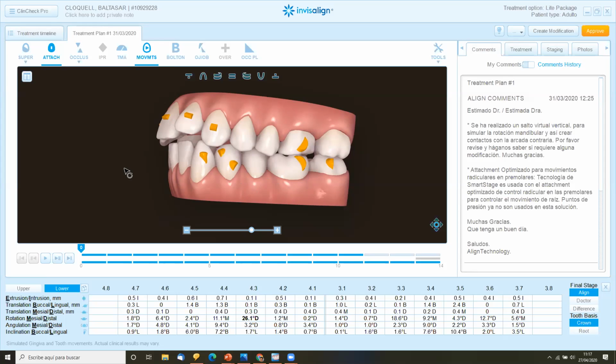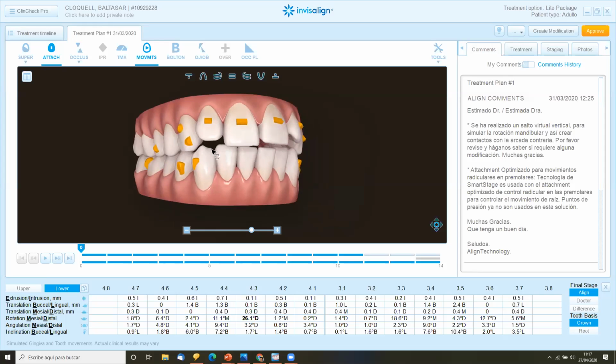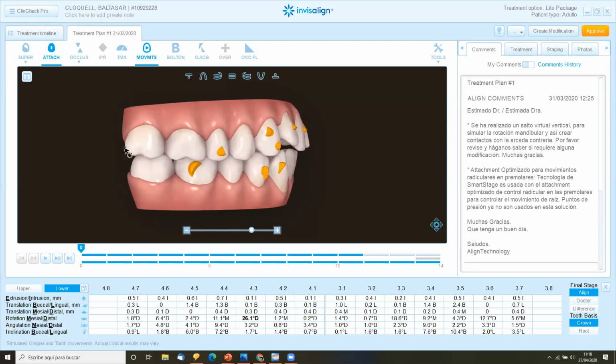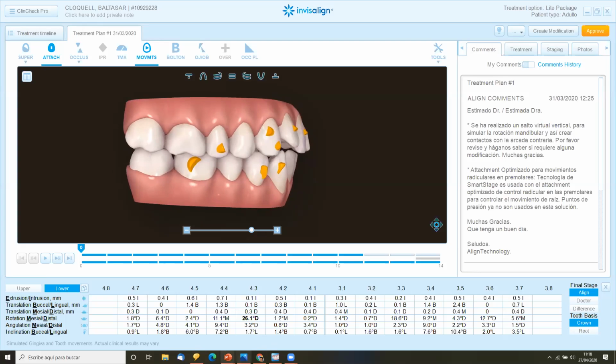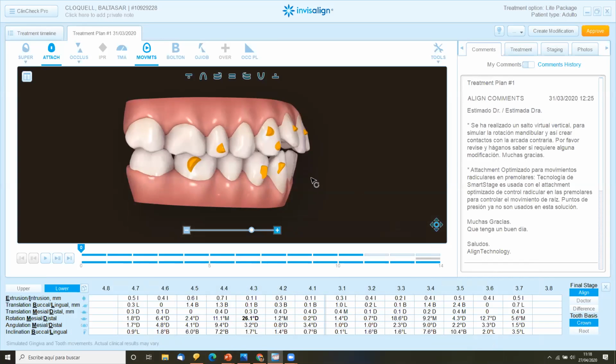And I am completely sure that in this case, we don't need that, okay? Okay, with that being said, let's go to the next point, number 4. In number 4, we are taking a look, I'm going to the picture again, movement assessment. And you see between brackets that I say records. Why that? Because while we look at the movement assessment, we are always